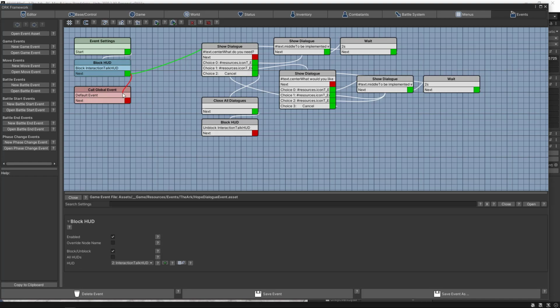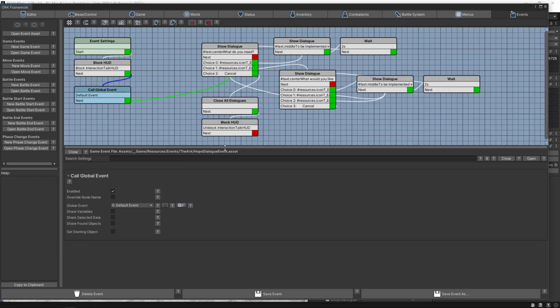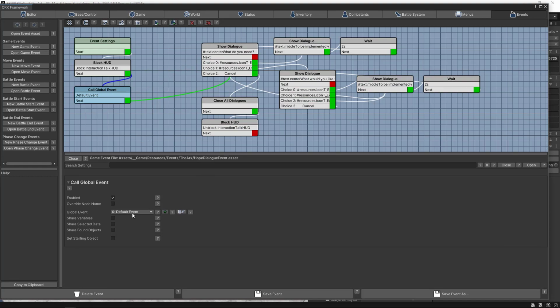And let's connect the block HUD to the global event, then the global event to the show dialog, like so. And here in this node we can select from the global event to use the Ark intro dialog that we made, right? And remember that we set this global event to start by call, and this is what's happening here, is calling this global event. Okay, so let's click save,